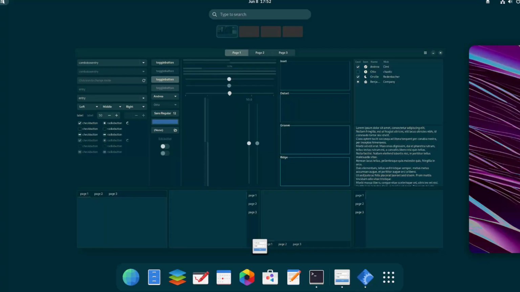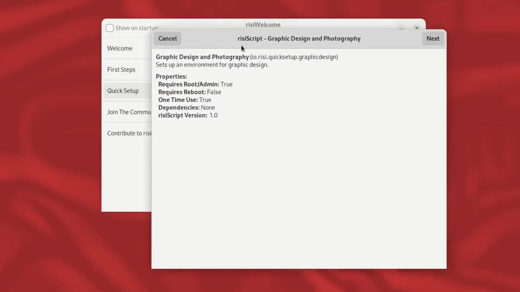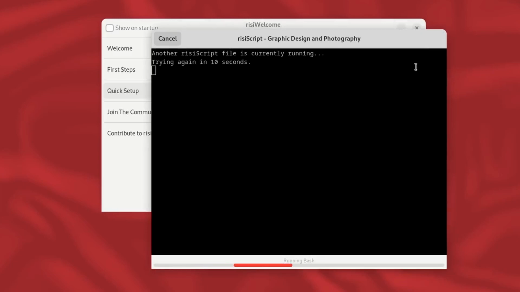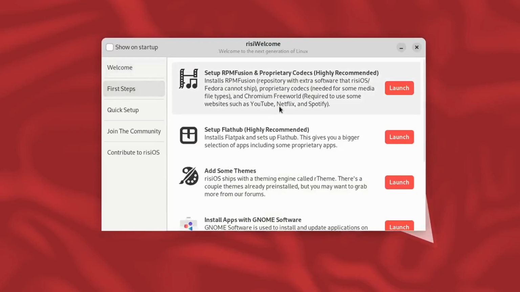UI, remove Chromium as a default browser, and make the branding a little less predominant so that risiOS just isn't Fedora with a theme. Another couple things I wanted to do was rework risiScript because it has a ton of terrible programming paradigms and the implementation was boneheaded. And I also wanted to add libadwaita support to the welcome screen to make it look a little bit more